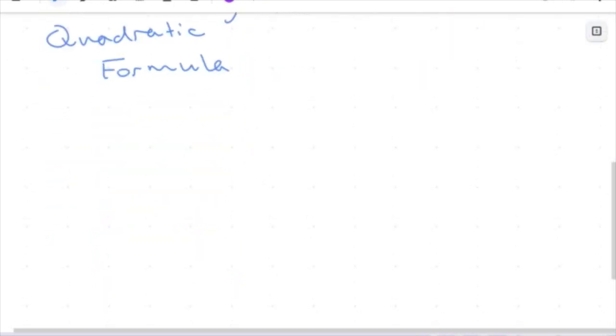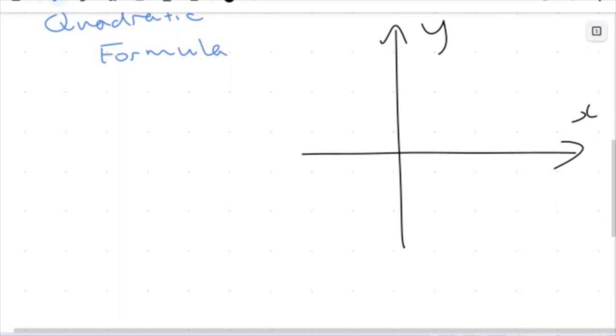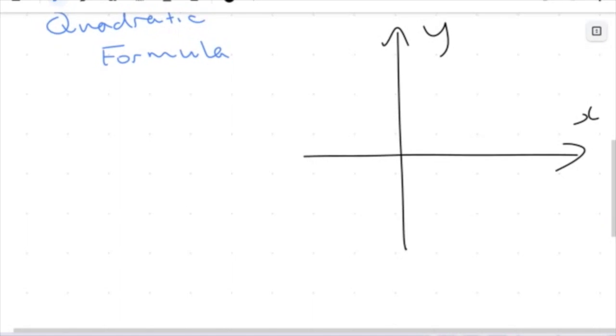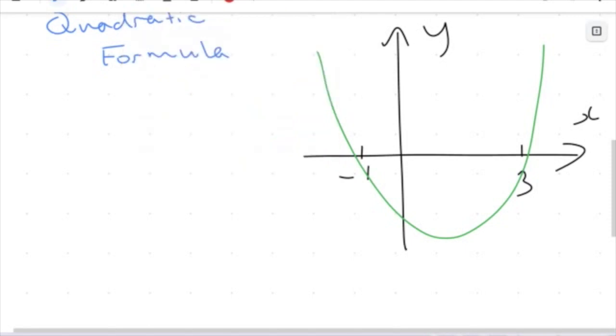Now, really quickly, before we move on, I just want to talk about something really interesting here, which is this idea of the turning point. Now, in the previous video, I think it was, we had an example where we had an x-intercept of -1 and an x-intercept of 3, and we had a parabola going through these two. Now, I just want to bring your attention to something that we didn't talk about last video, but is actually